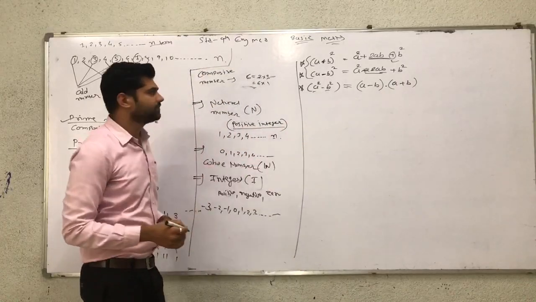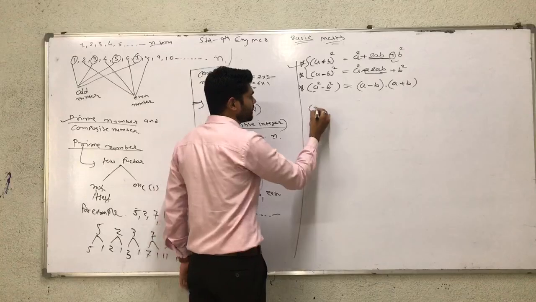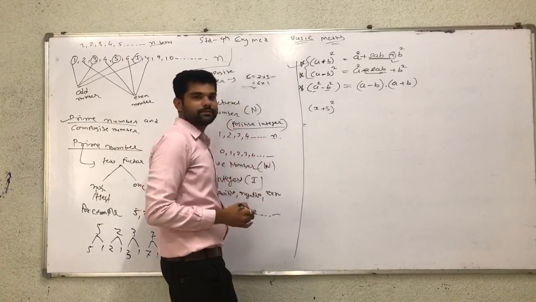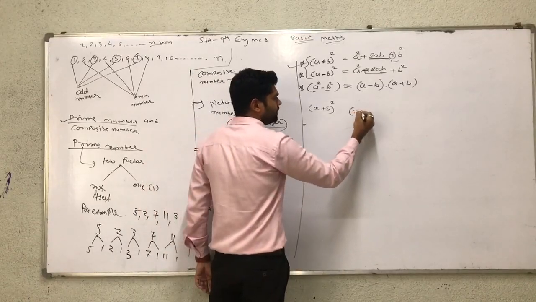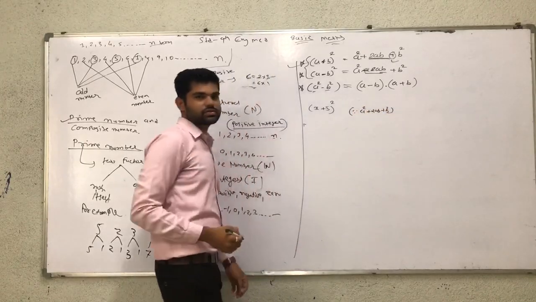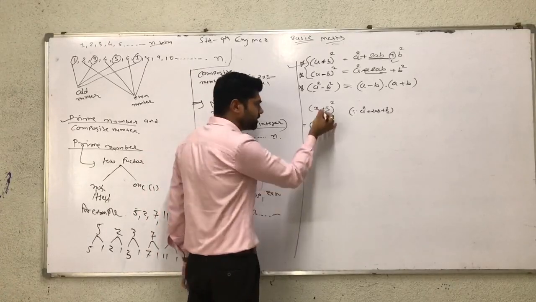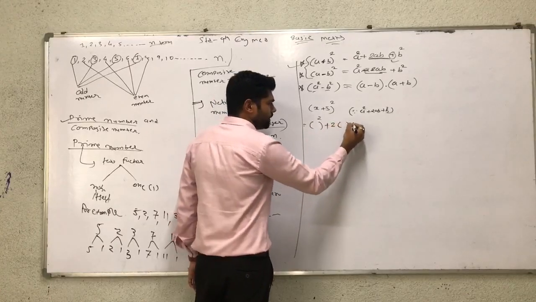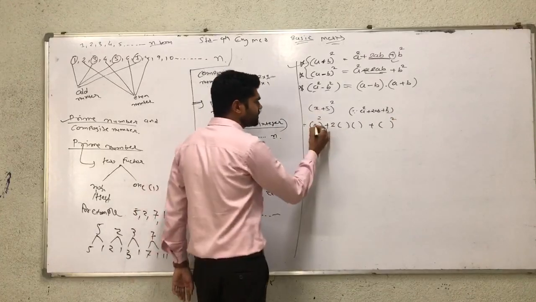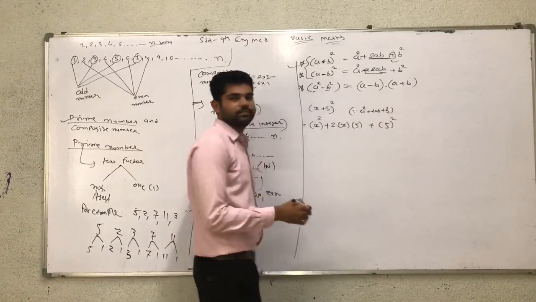So understand by example. Take one example of (a plus b) whole square. It means (x plus 5) whole square. So how to simplify? You have observed that it is a square plus 2ab plus b square. So the answer is first term square plus, here plus, plus 2ab plus b square. Now first term square, plus multiply by two terms, plus second term square.